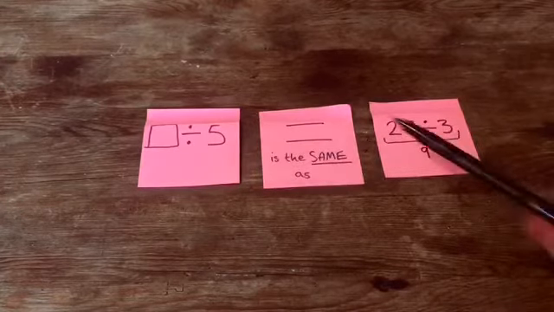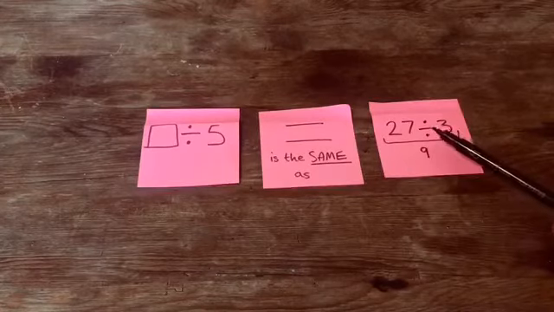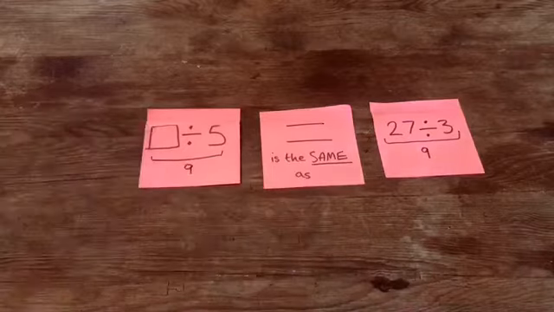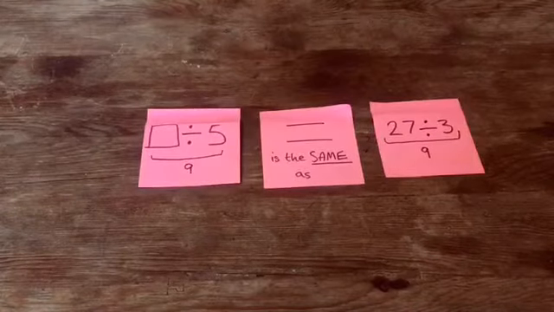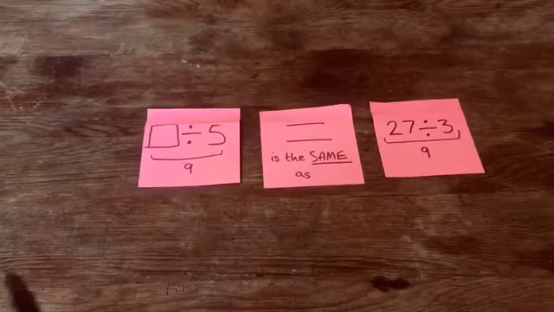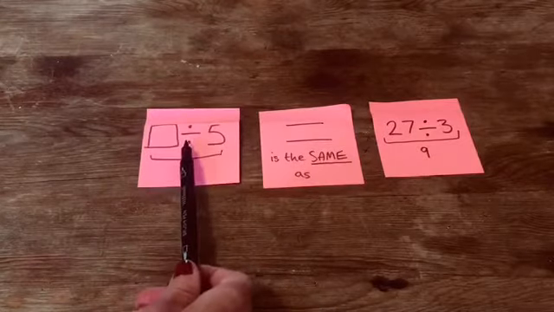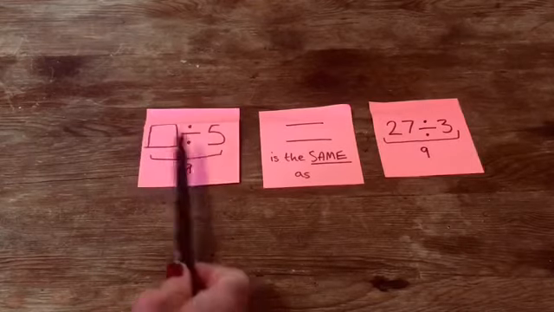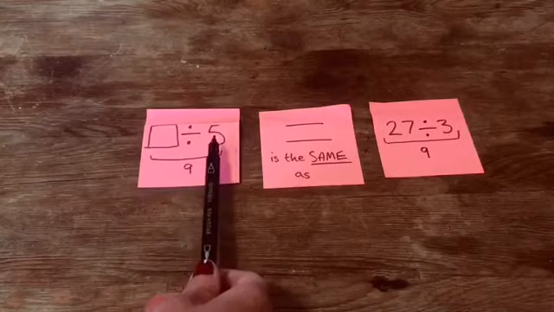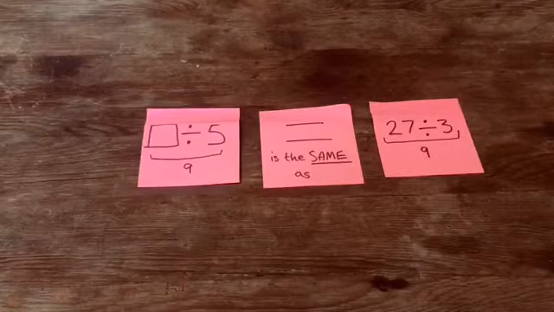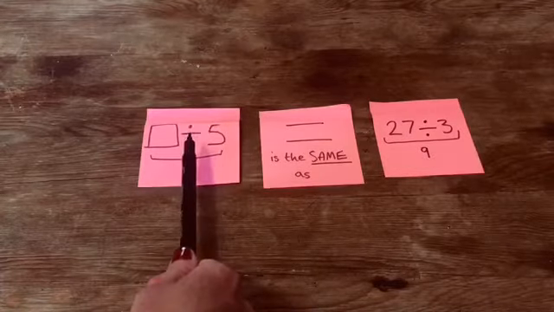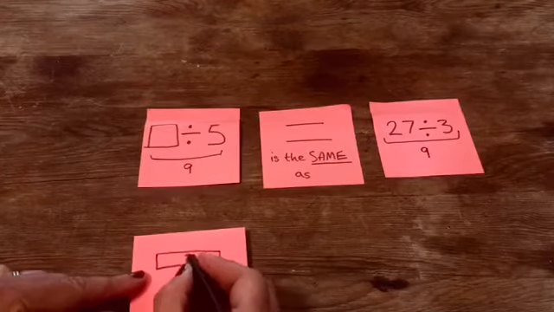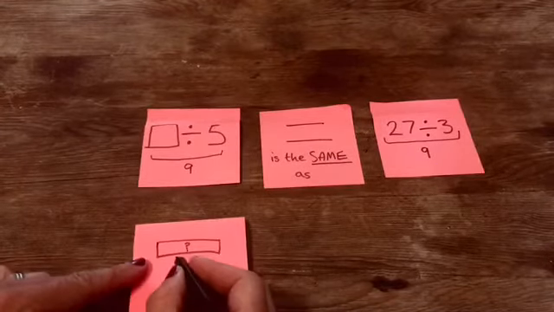If this was a set of scales, both sides are the same. This is 9 and this side is worth 9. But it doesn't mean that 9 divided by 5 would be the same as having 9. That wouldn't make sense. Something divided by 5 makes 9. Sometimes it's a bit tricky to try and think what that number could be, and so our knowledge of the number operations can help. We know that times is the opposite. So we know that something, a mystery number, divided by 5,